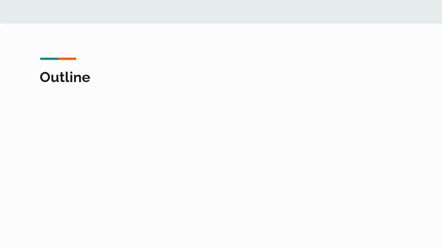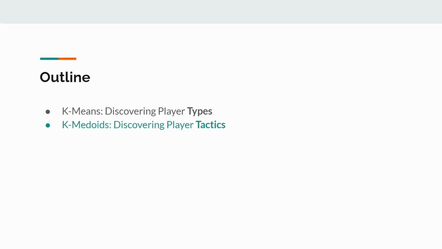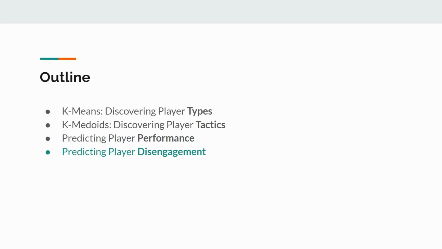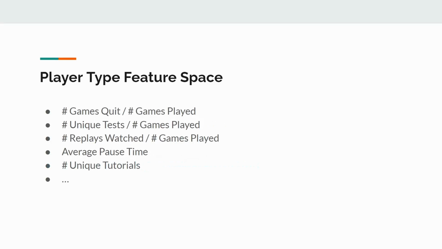So the general outline of this paper is going to go as follows. First, the paper explored discovering player types, and then discovering player tactics or strategies. Then third, predicting how the player is going to perform. Fourth is if you can predict player disengagement while learning the ropes of the simulation. And finally, the work attempted to predict a good lesson plan for better educating the player. So first, let's go into